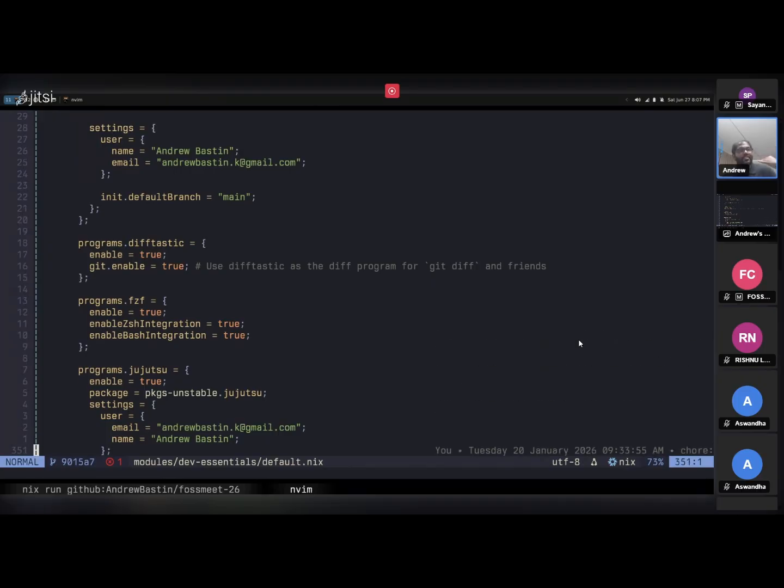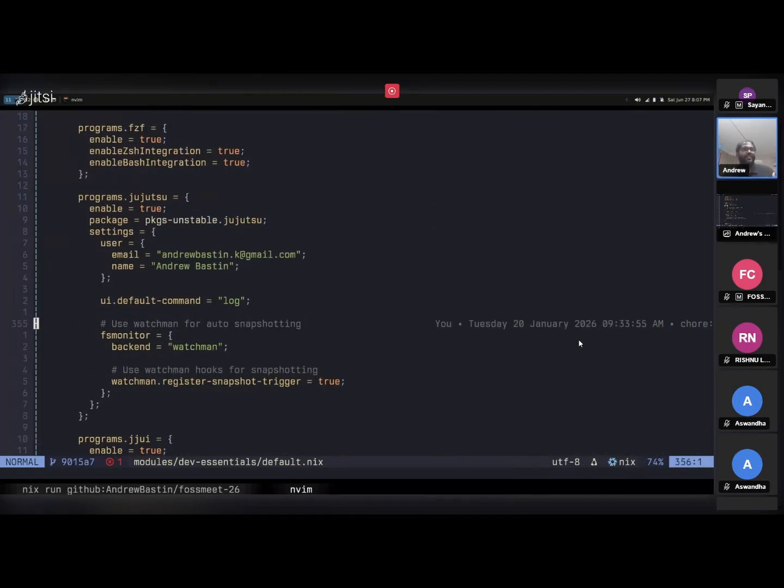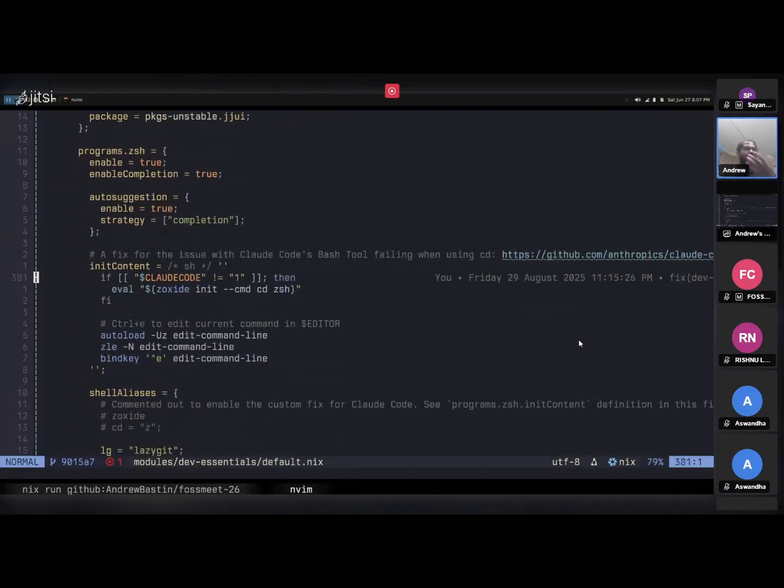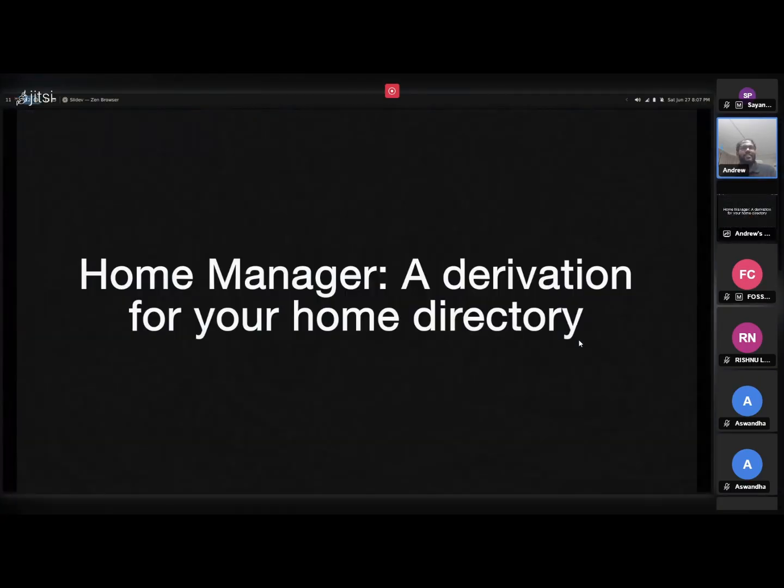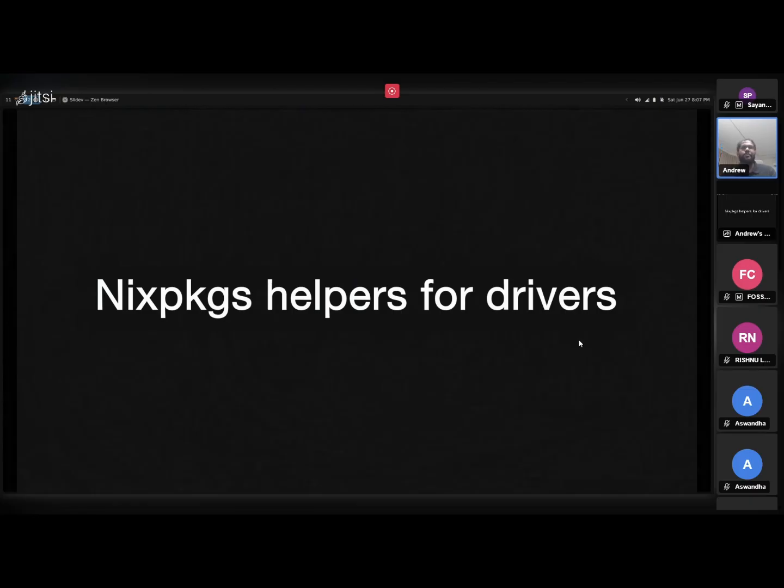And all of these configuration files I have written into Nix so that when I set up a new machine, if it's running NixOS, it just sets up. So this, for example, is my second NixOS machine. I bought it last year. And guess how much time it took to set up the computer so that I can use it for daily work? It only took 10 minutes. Just write the configuration, write the hardware, done. It configures everything that I want. So it's really nice. So that's Home Manager, and NixOS hardware I showed you.